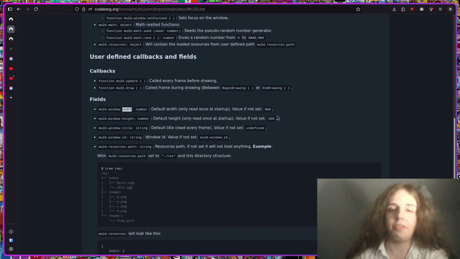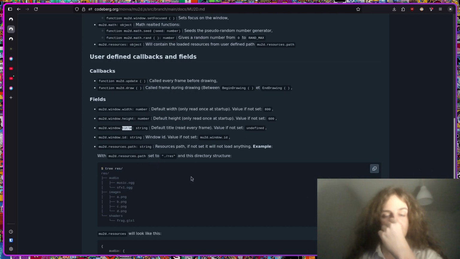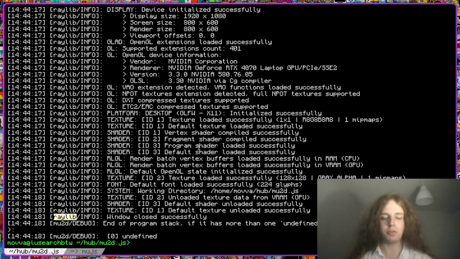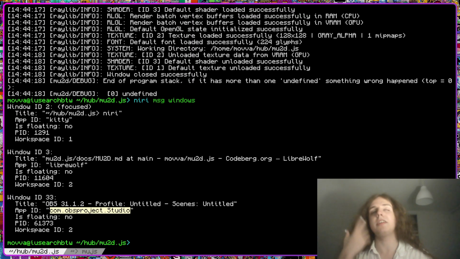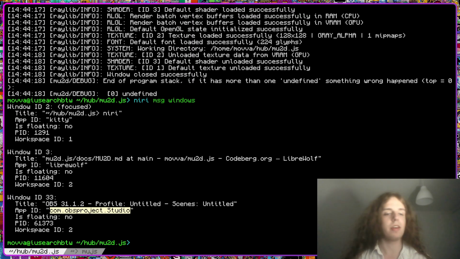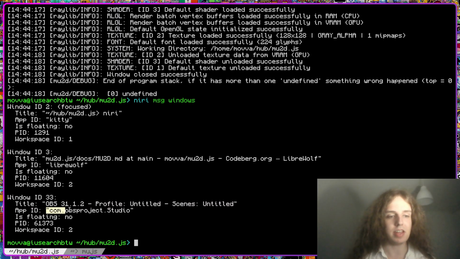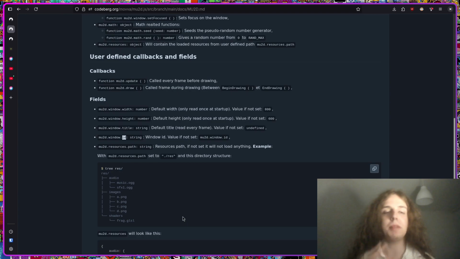So you also have fields. Those are deprecated. Don't use them. You have title. When you set it, it's going to be the title of the game. The window ID: on some distributions, you have a difference between the title and the ID. Essentially, usually the ID with Raylib is the first title you use. If you change the title later with set window title, it will change the title field, but not the app ID, the window ID. This is the original title used in init window, and then this is set by using set window title.